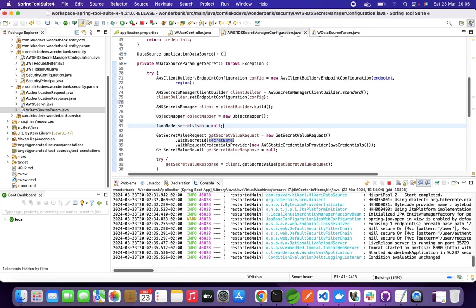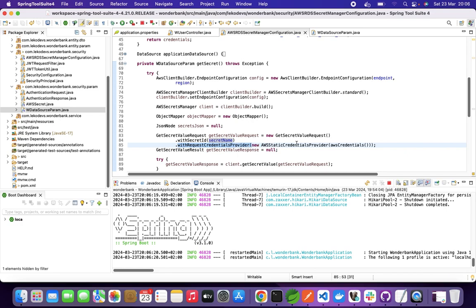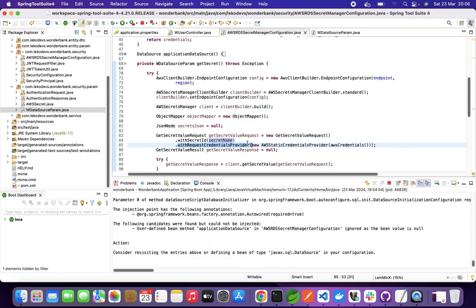So once we got the secret, and then we said with request credentials, because you need to make sure that whoever accesses this is an authenticated user, and that's basically what we expect to happen over there. So once we have our credentials provider, we just say new, we pass in new AWS static credentials provider, and we pass in the AWS credentials that we created